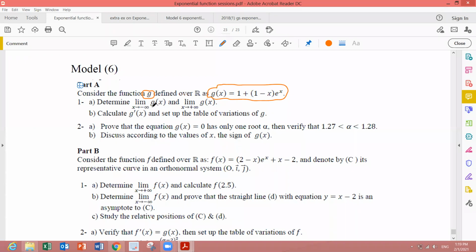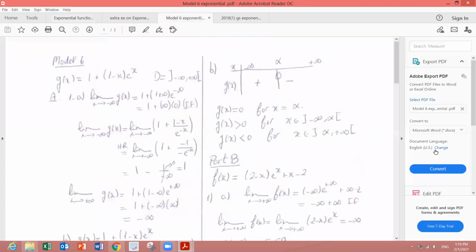Part 1, we are going to calculate the limit as x tends to minus infinity of g(x). How much is the limit as x tends to minus infinity? 1. 1. كيف طلع معنا 1؟